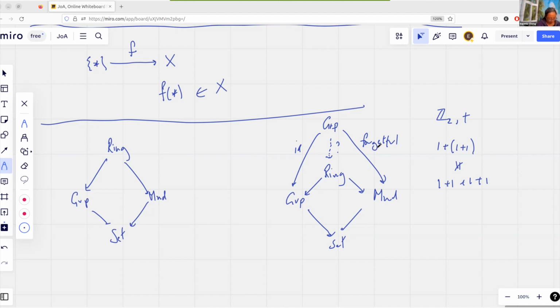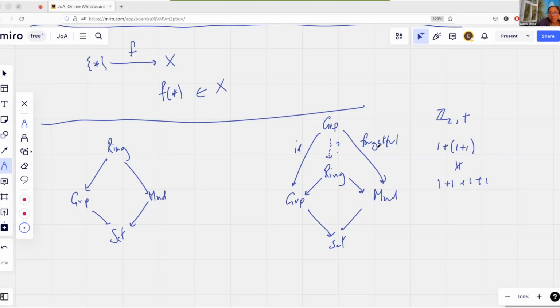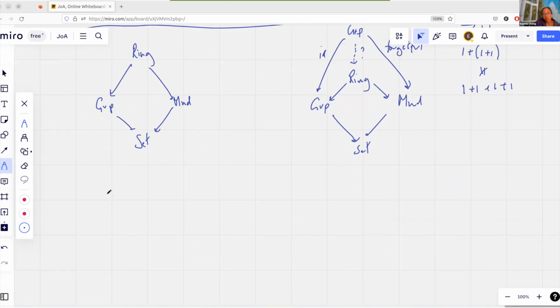Then there was finally a thing saying, is there a push out? Oh, I think I better think about that for a second. I think this push out would be a bit strange. I mean, you can take push outs of categories. I don't know why you would want to take a push out of these categories, but what you basically do to take a push out of categories is you look at the objects first and you take the disjoint union, you do the push out